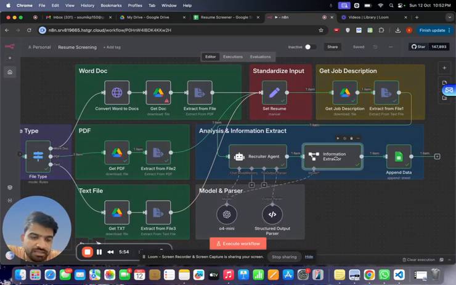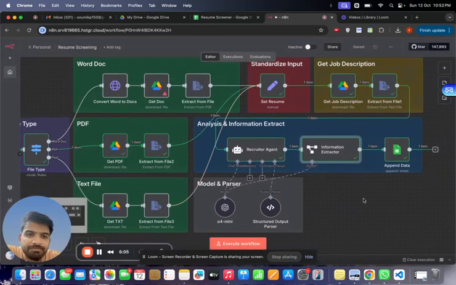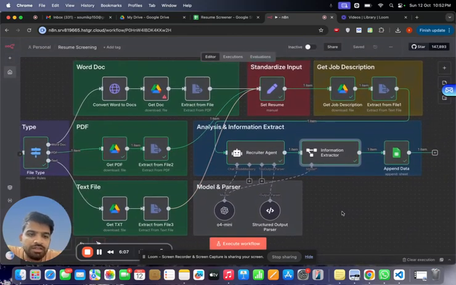This is the information extractor. What it does is it will extract the informations like first name, last name, and email address. We are using this information just to store in the DB or our Google Sheet, whatever we are using. It's fine. So once it is done,